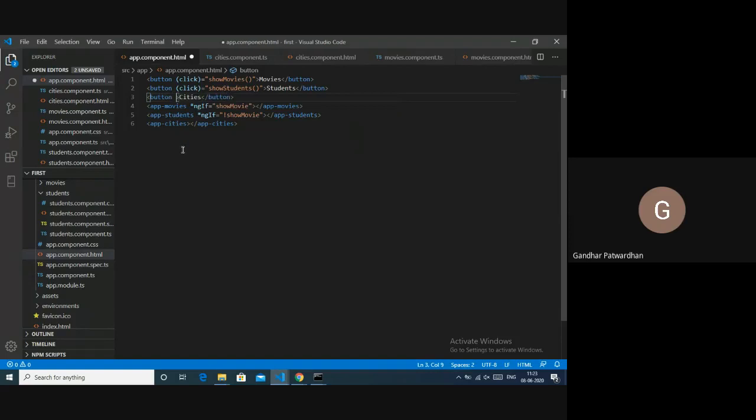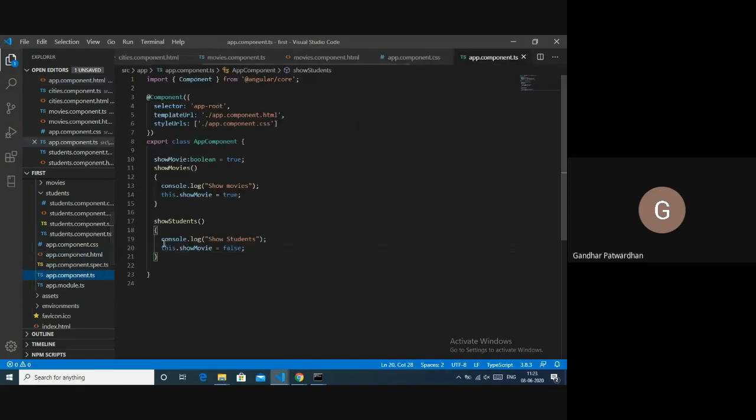Then I'll use a click equals to show cities, and in my ts file I'll create this function, show cities, and I would say console.log show cities.